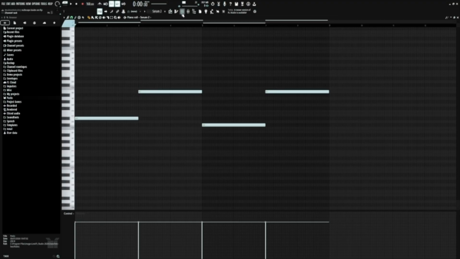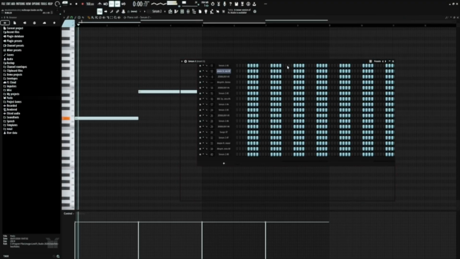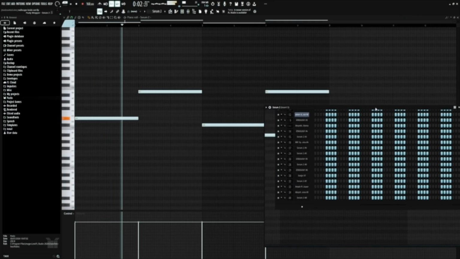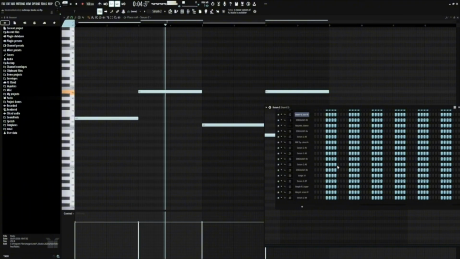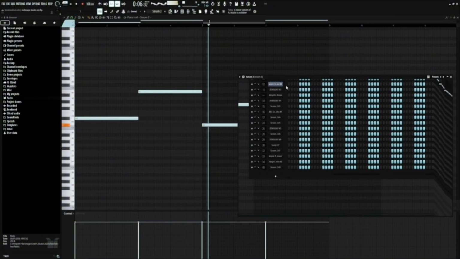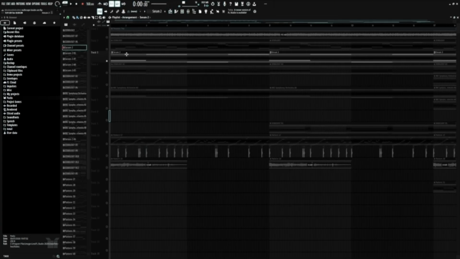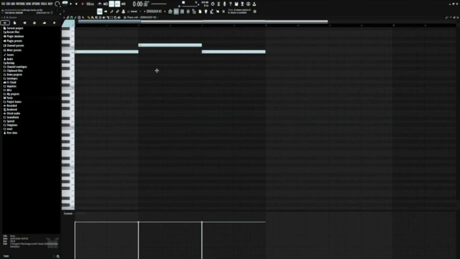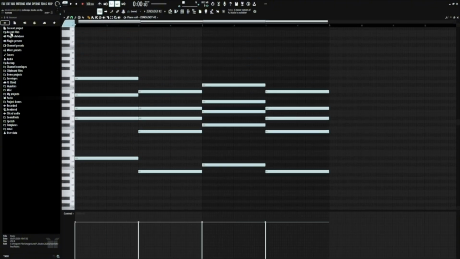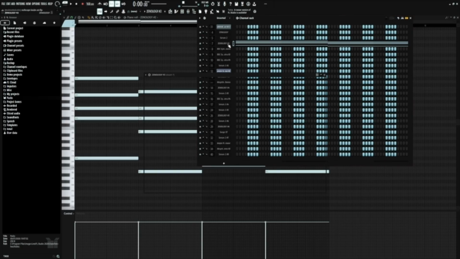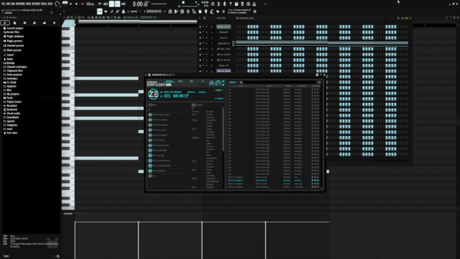Then we have this bass I made in Serum. So yeah, we got this nice little Synology EP, I believe it is.